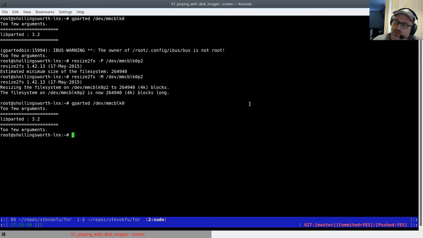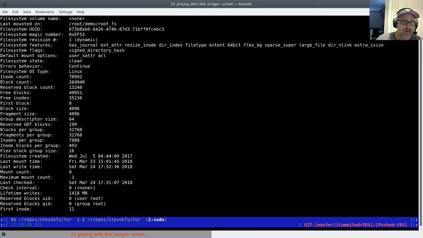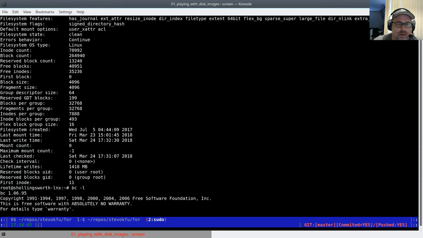And we do dump e2fs /dev/mmcblk0p2 and pipe that to less, and we'll see our block size is 4096, okay, and that our block count is 264,940. So we want to get as close as we can to the resize and the GUI in GParted to reflect this. So what we're going to do is we're going to fire up our calculator and go